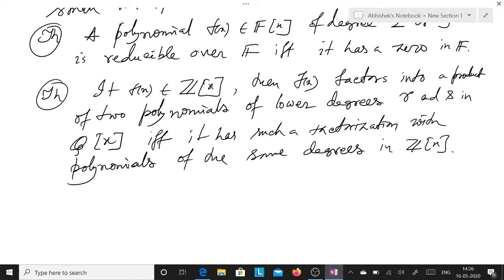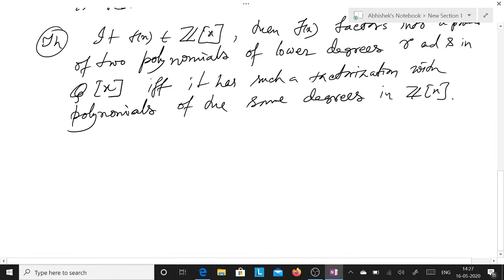And using this theorem, you will have an interesting corollary. By the use of this corollary, you can deal with some examples of polynomials, whether these are irreducible or not, over the ring of integers and over the field of rationals. So the corollary will be,